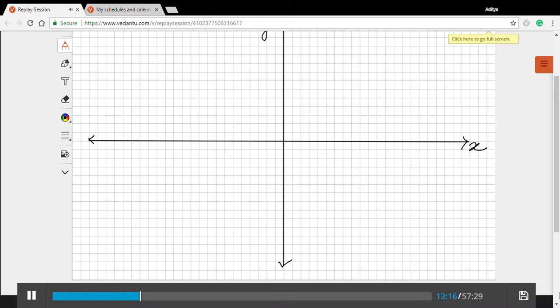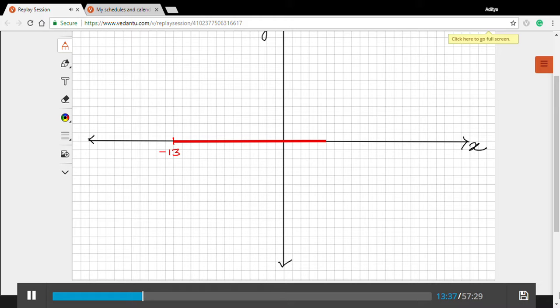1, 2, 3, 4, 5, 6, 7, 8, 9, 10, 11, 12, 13. From here, 1, 2, 3, 4, 5, up to this. So as you see, this is our, I have just counted. This is -13 and this is